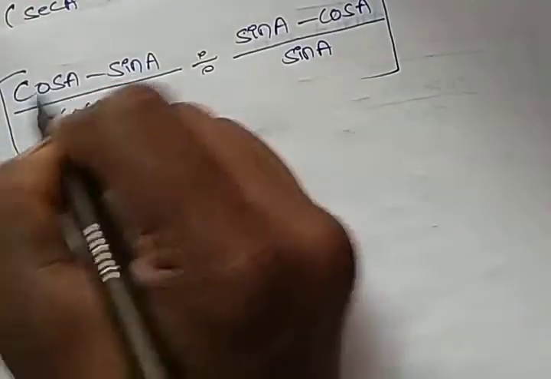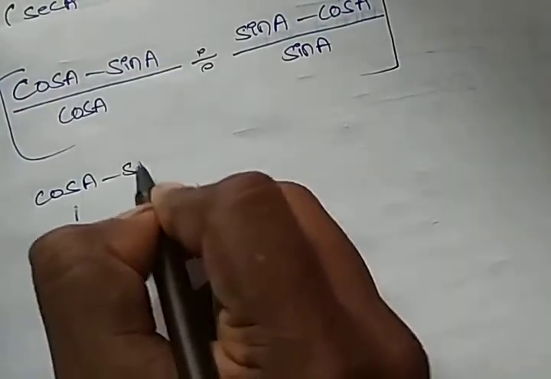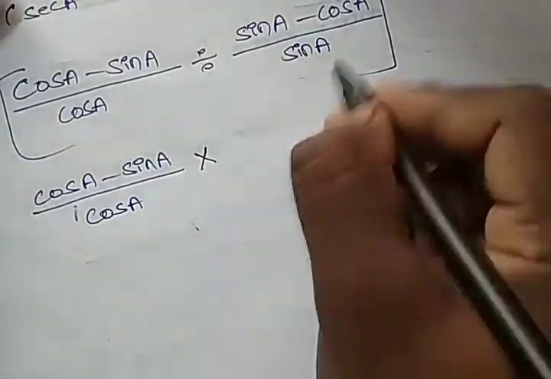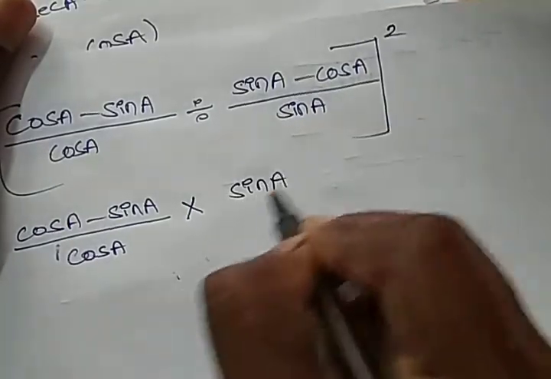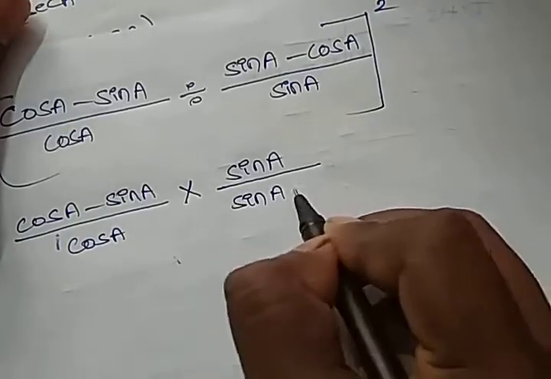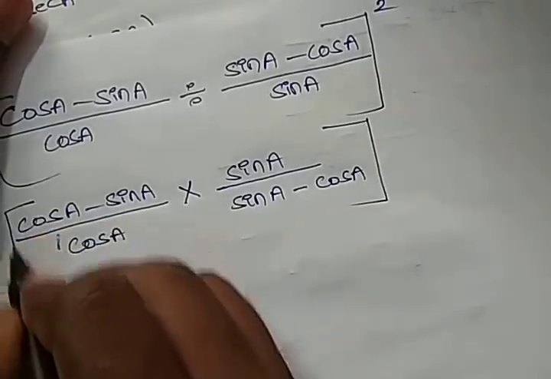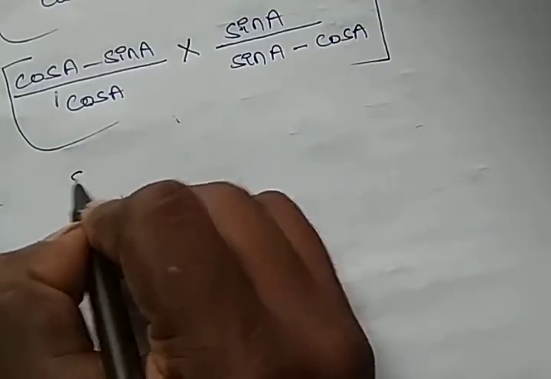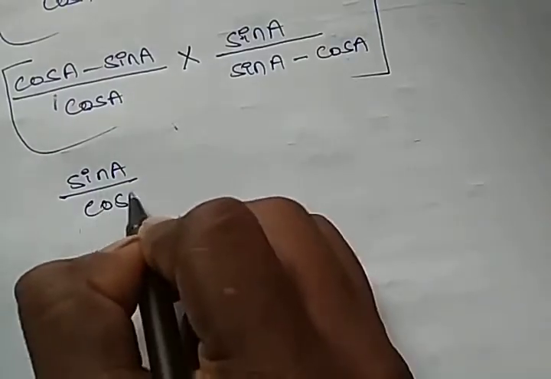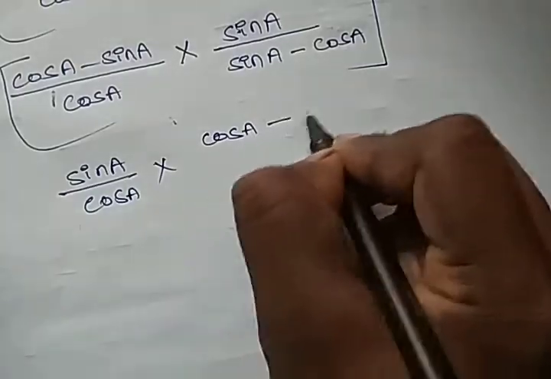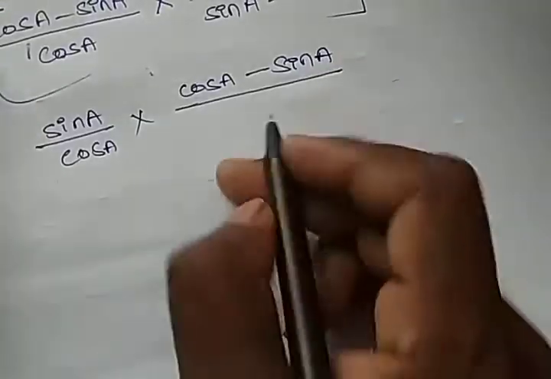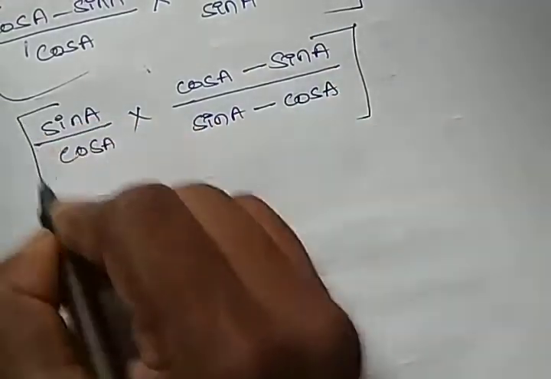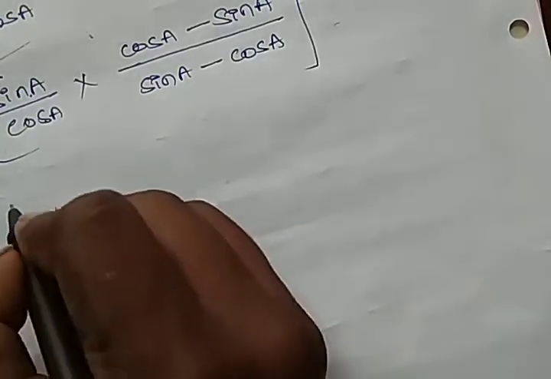Next, cos A minus sin A, you can write it as it is, (cos A minus sin A) whole by cos A. Division becomes multiplication, and this goes upside, sin A goes upside, whole by sin A minus cos A, whole square. यहाँ पर अपन देख सकते हैं sin A by cos A, ये तो tan हो जाएगा, और you can write it as sin A by cos A into (cos A minus sin A) by (sin A minus cos A), whole square. Sin A by cos A is tan